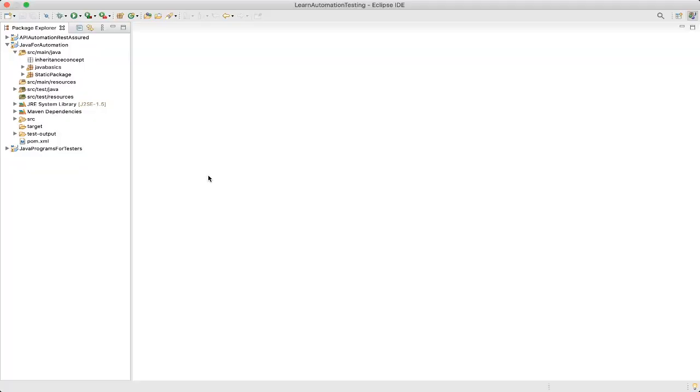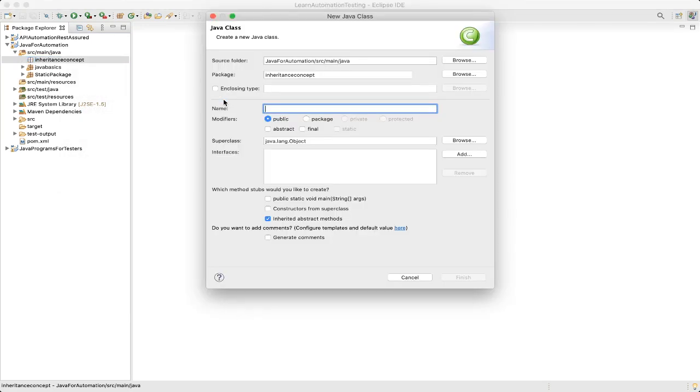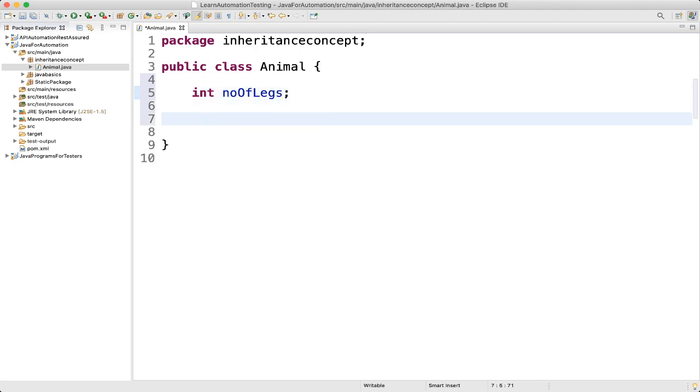Let's go to our Eclipse, and here I'll create a new class and I'll name it Animal. Okay, this will be our parent class, and inside Animal we'll have a few variables. For example, an integer number of legs of an animal. Then we'll have a few methods.